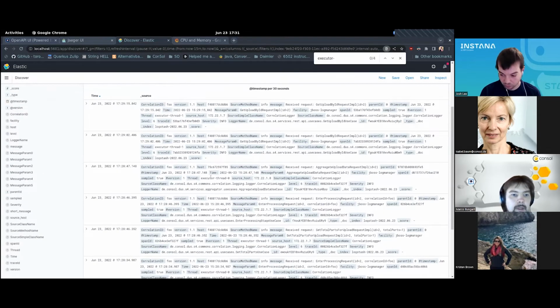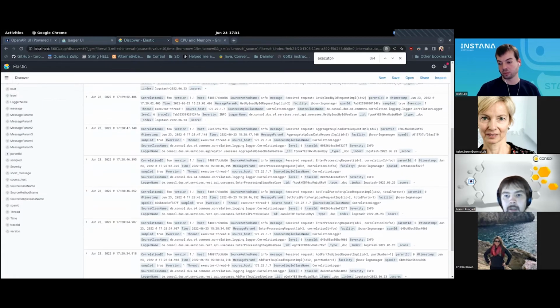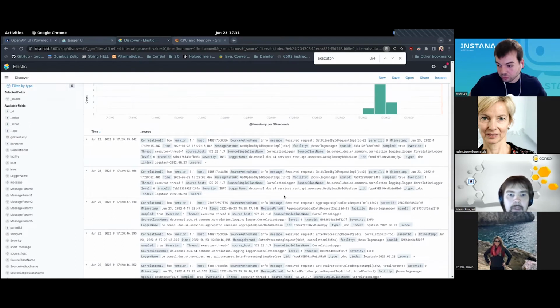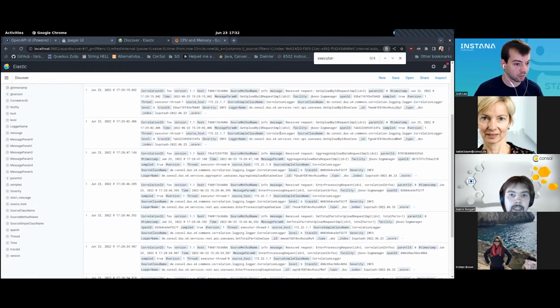If I'd like to choose so, we'll see that in the cluster, I can filter down on the specific pod that generated this correlation ID or this singular log. If I know, for example, something in the aggregator went down, I can say, no, I don't want to see everything, because this here is actually everything from both containers. So the REST API and the aggregator. I can filter down to only the aggregator.